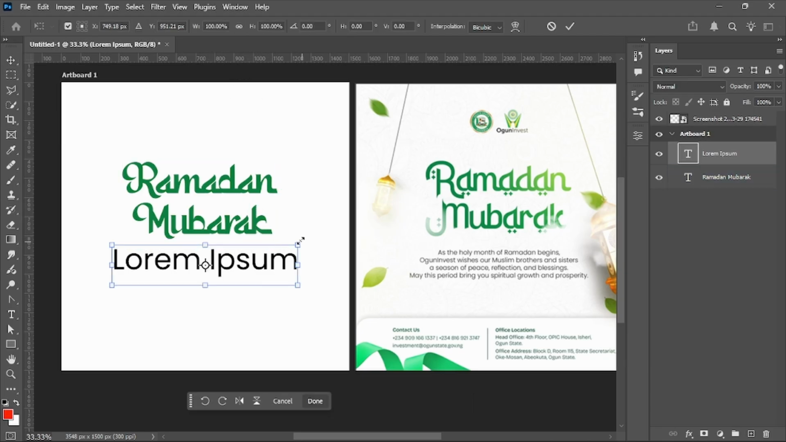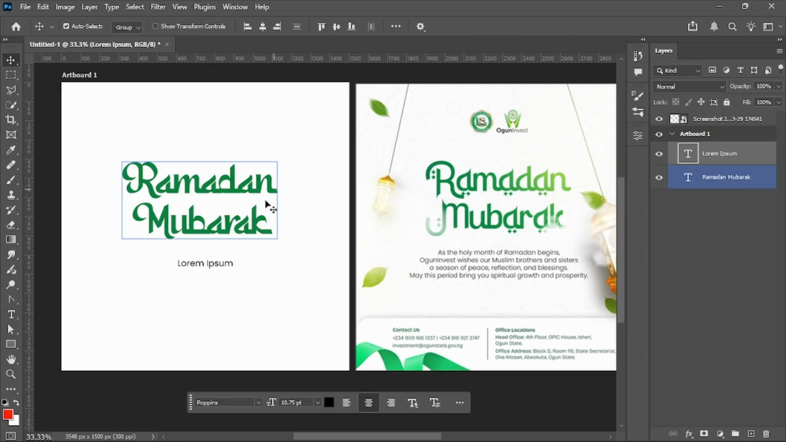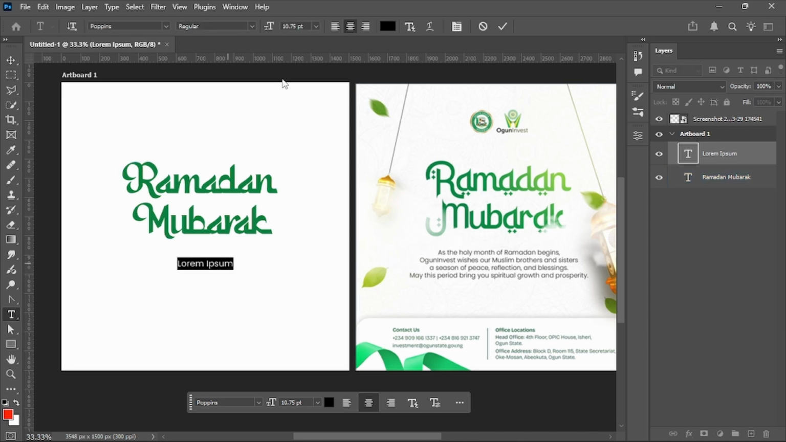Control T to bring out the transform tool because obviously it's too big. Let me reduce it to this size. This is around 10.75 pt in case you want to have the same exact size. Control Enter to enter text edit mode, and let's type: as the holy months of Ramadan begins,